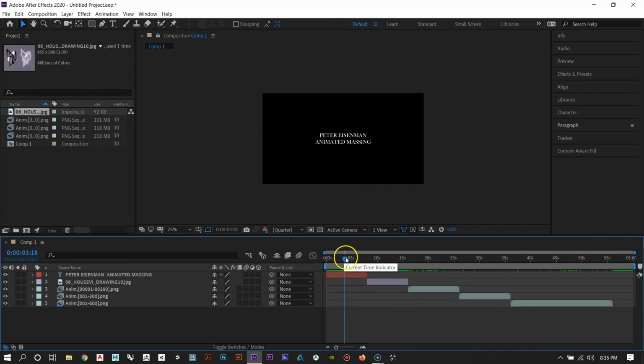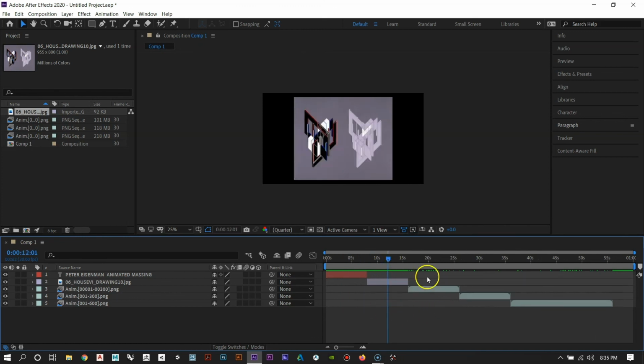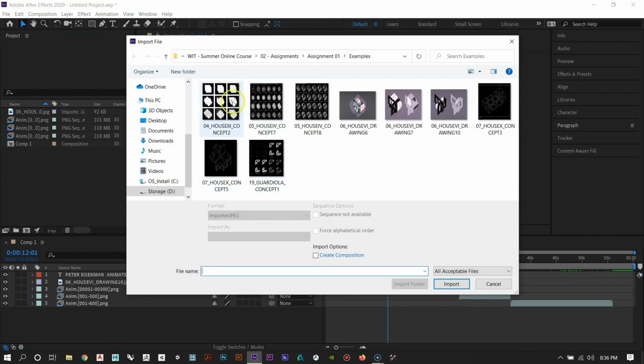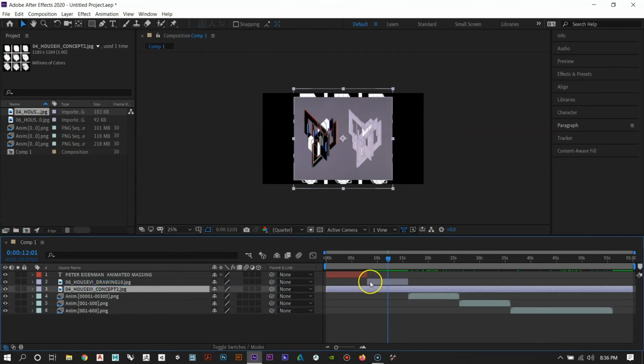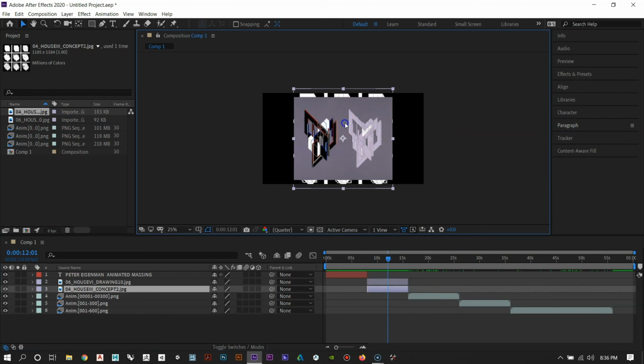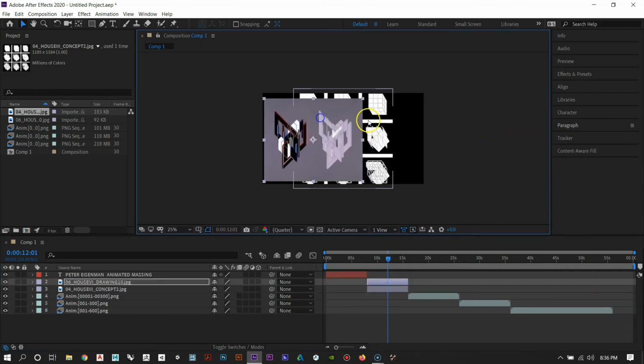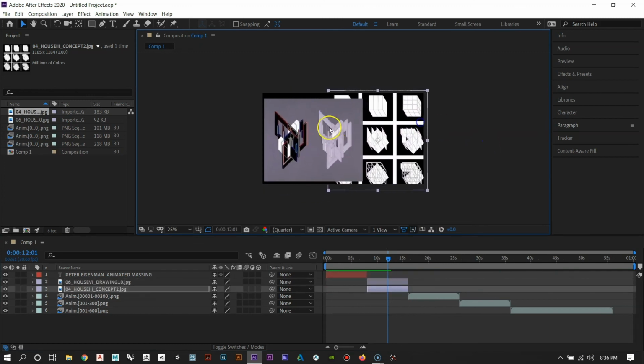A couple of things that you can do, you can have two items on one screen play at the same time. So for example, if I wanted to bring in another image or diagram, let's say I grab this guy, import it, click and drag it down. I'm going to set it to be right underneath. Okay, I'm going to hold shift and click and drag the ends of that image time and snap it so it aligns. Then you'll notice up here I can click and drag these images around and sort of reorient them